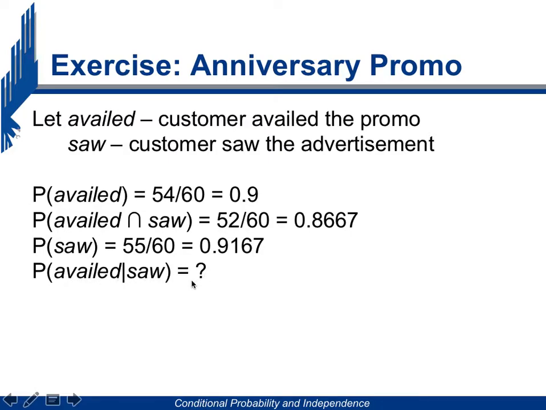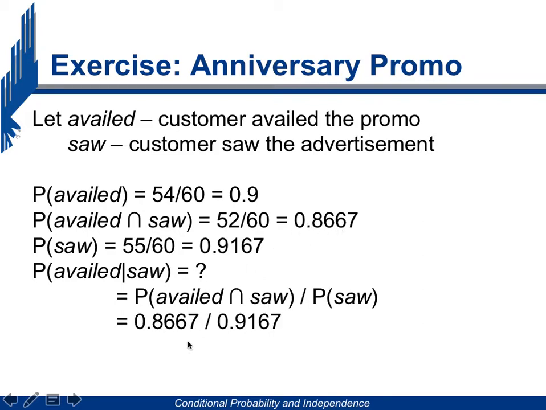And to compute for this probability, we'll just have to use the formula that we discussed earlier. So for conditional probabilities, the numerator will always be the intersection of the two events, and the denominator is the probability of the one at the right of the line, which is P of saw. Now these two probabilities are given, so that's 0.8667 over 0.9167, or for a more precise computation, that should be 52 over 60 over 55 over 60. And that will give us 52 over 55, or approximately 0.9455,